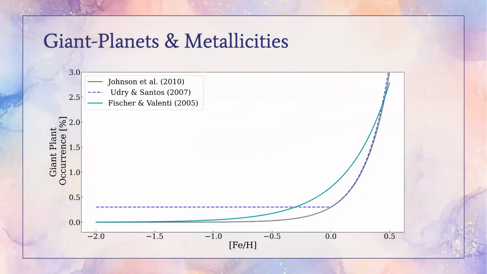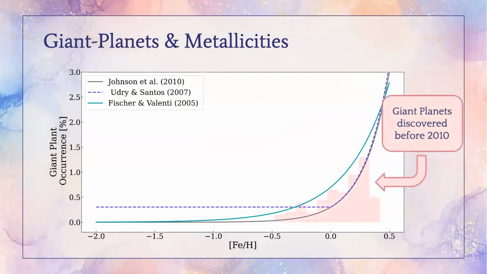Now, observationally, several different studies looked at this question as well. What you're looking at here is giant planet occurrence rate on the y-axis, and on the x-axis, metallicity. You're looking at several different works trying to constrain this function. The data that they were using looked a little bit like this. This is just the giant planets discovered before 2010. What you'll notice already is at -0.5 metallicity, the data stops. We didn't detect any planets below this point. And this is partially due to the way in which